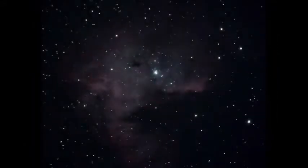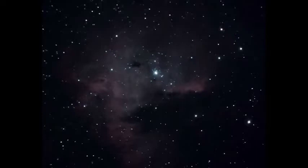Here is another object that is also way out in the Perseus Arm, although farther along and farther from us. At a distance of 9,500 light-years lies this wonder. This is the Pac-Man Nebula. Now, it's named the Pac-Man Nebula for the obvious resemblance to the Pac-Man character from the game. But this is another star-forming region in our galaxy, and if you notice, it has all kinds of